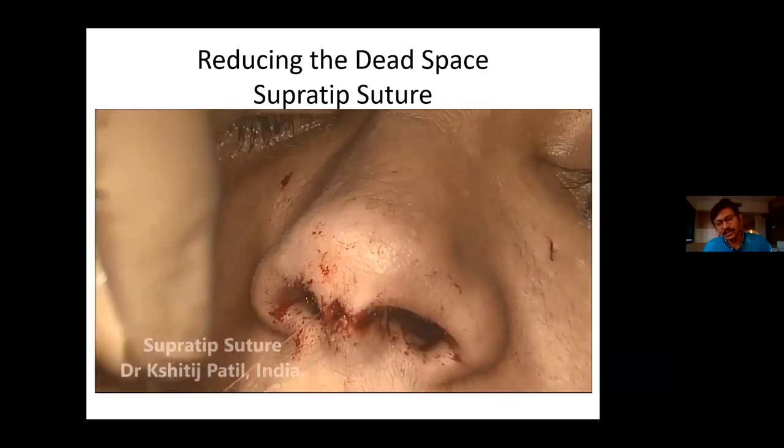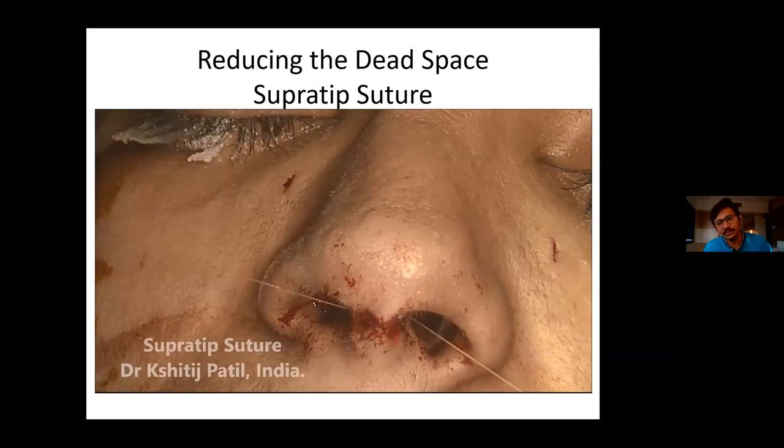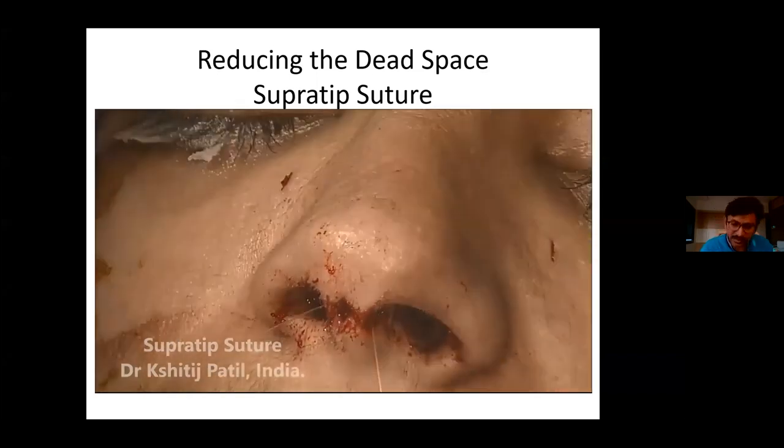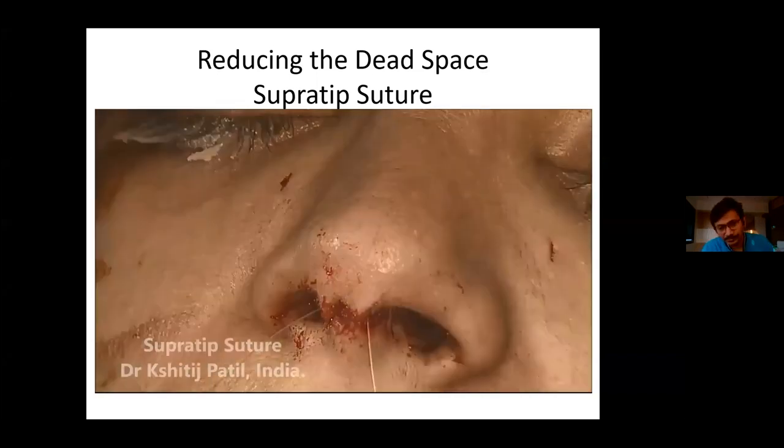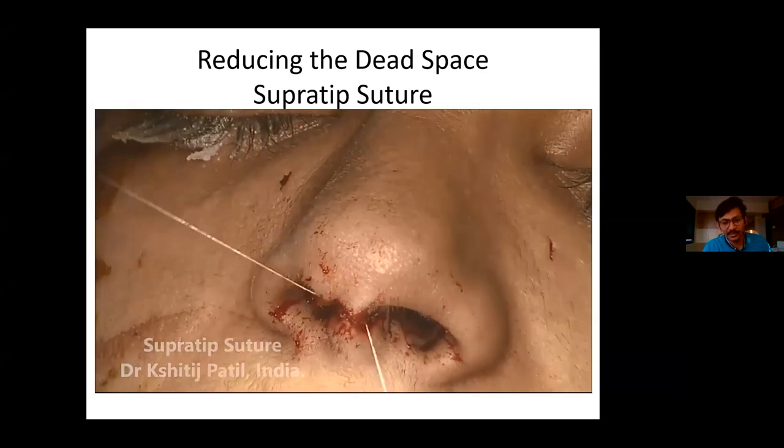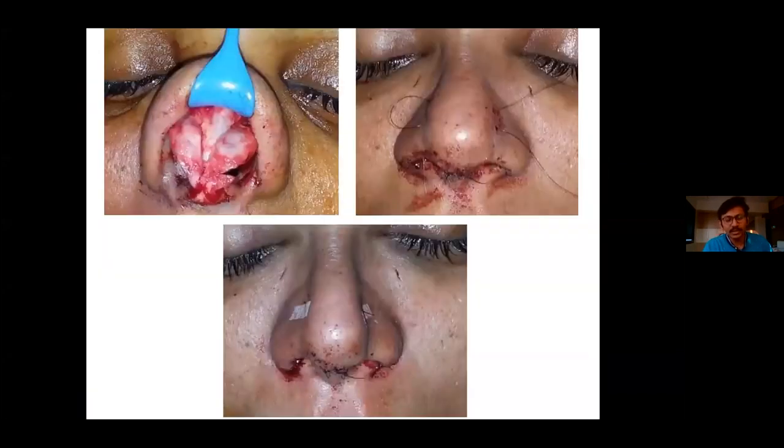So it has to be taken very carefully so that it should not cause puckering of the skin. So this is how you deal with the dead space. In this case, in addition to this suture, there was the bulbosity which was due to space, so we had to take a percutaneous suture. You had to pass a needle similarly, and take a percutaneous suture to deal with this, to get from here to here.